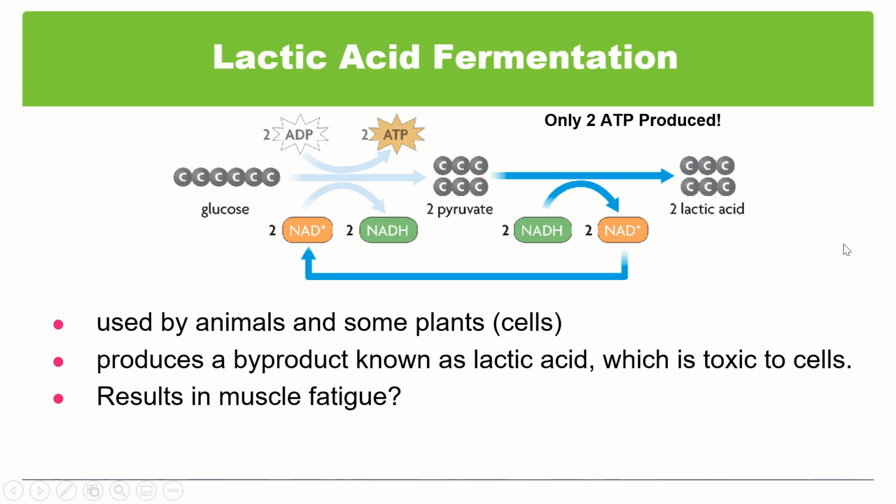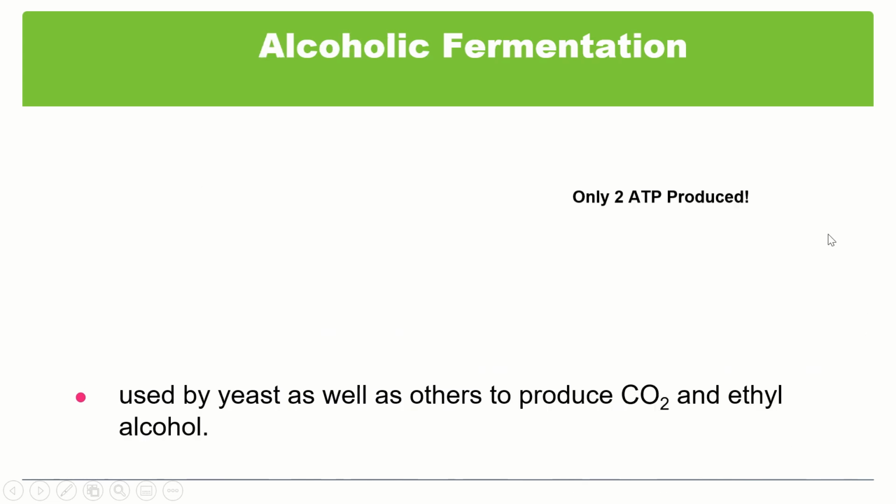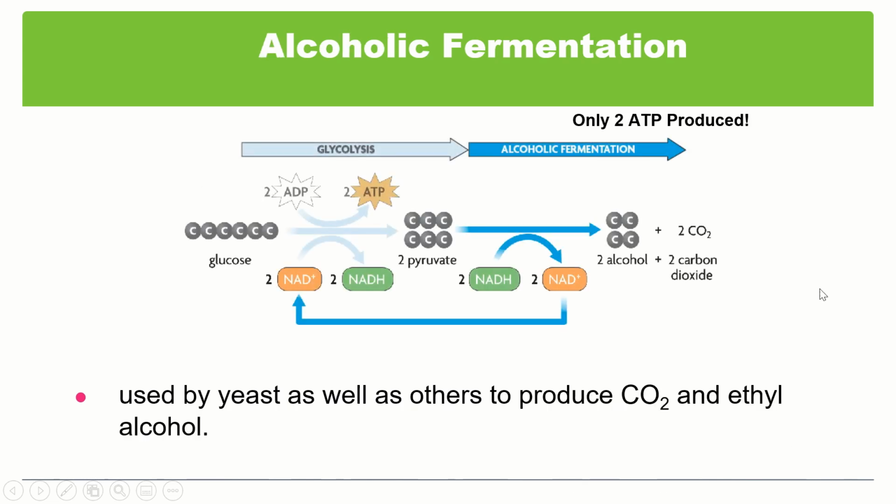So this is less efficient than aerobic respiration, but it's better than nothing. So the second type is alcoholic fermentation. So this is, again, very similar. First half of this is glycolysis. Second half is the actual alcoholic fermentation. So this is a process that's used by yeast and some other cells that ends up producing CO2 and ethyl alcohol. So glycolysis, same thing, split the sugar, get some ATP out of it, get some NADH,